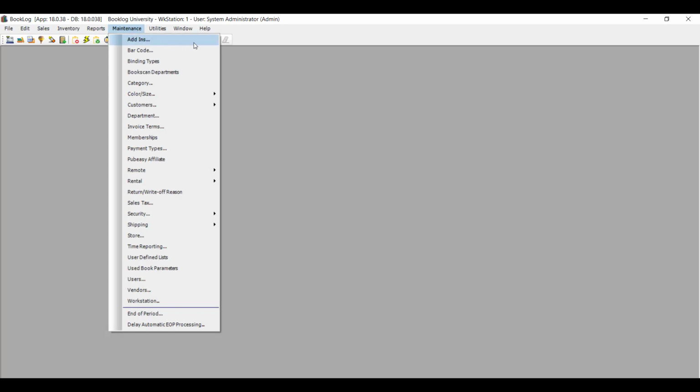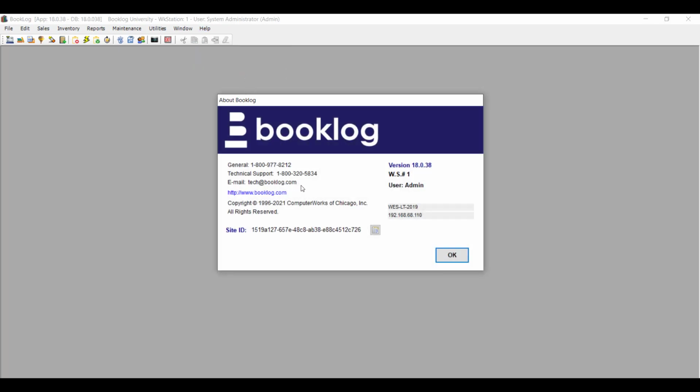Starting with version 18, your add-ins, the settings for any extra Booklog interfaces you have paid for, will get a security upgrade. In the future, to unlock some of your interfaces, you will need an encrypted key that is specific to your store. As of the version 18 upgrade, however, you will only need an encrypted key if you use Booklog's touchscreen interface. To get this key, you'll need to contact tech support by email at tech@booklog.com or by phone at